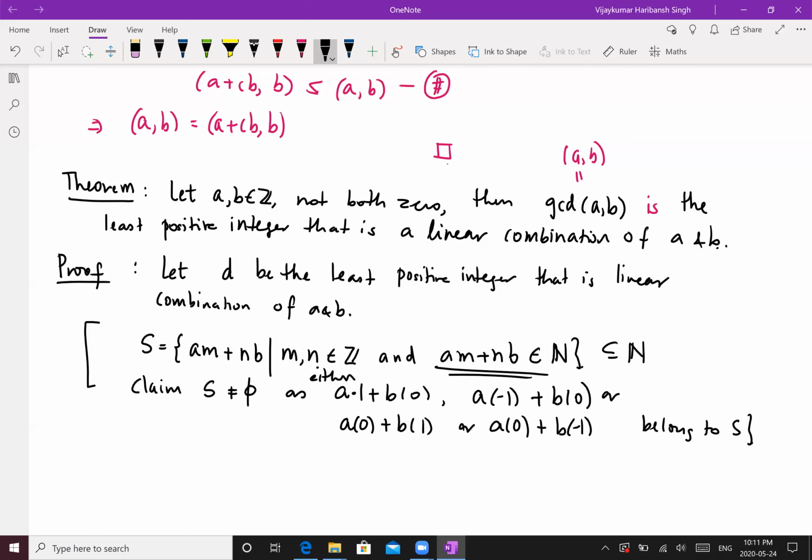So one of them is non-zero. If it is negative, then multiplication by a negative number will make it positive. If it is already positive, we have a times 1. So one of them belongs to S. So S is non-empty. Therefore, by well-ordering principle,